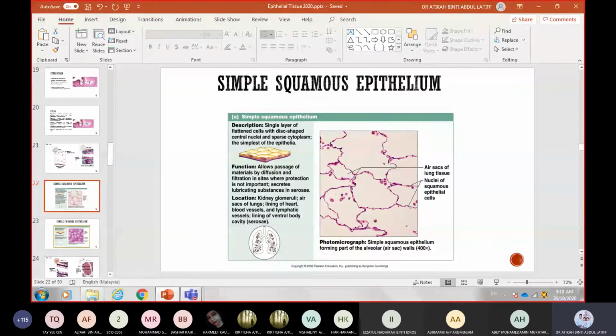Basically places with simple squamous epithelium are, if you imagine, very thin, right? Just one layer. It is for where we need a lot of fast or quick diffusion or transport of material. For example, here in the alveolar sacs, because you want the oxygen and carbon dioxide to exchange very quickly in order for us to have more oxygen inside our body. So that's why the lining of the alveoli is simple squamous epithelium, because you want diffusion to be very quick. Okay,